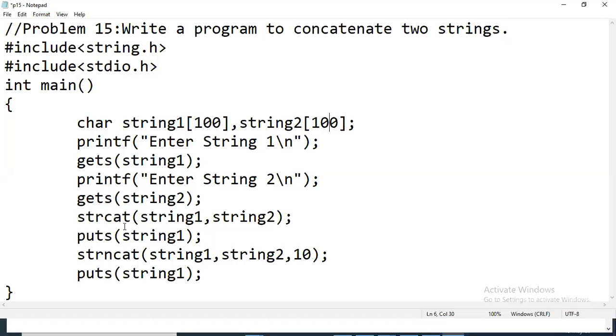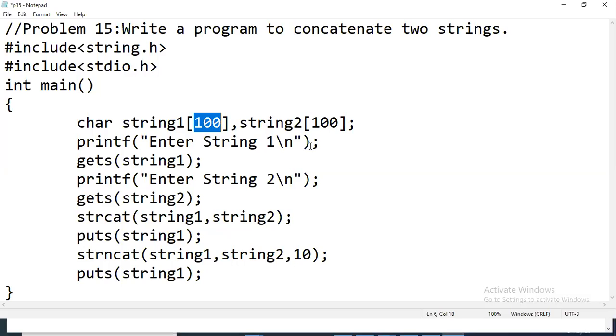So practically we don't give 100 letters usually as input. So that is why this will solve the problem. I hope your doubt is clear. Yes, for size we have given a larger value which will be sufficient. Even if we give 10 letters or 15 letters here and say 20 letters here, also 20 plus 15, so 35 will surely be fitting into this size of 100. So that is why we have given a larger size.